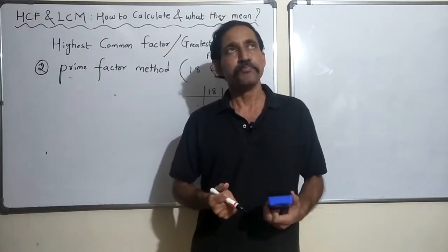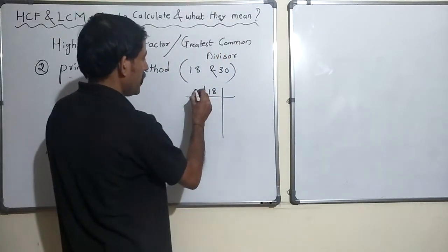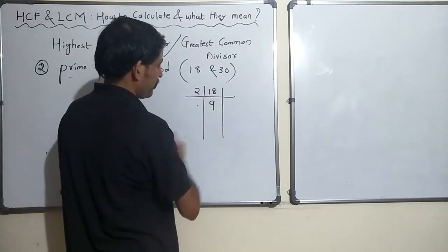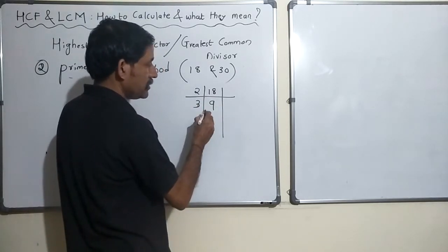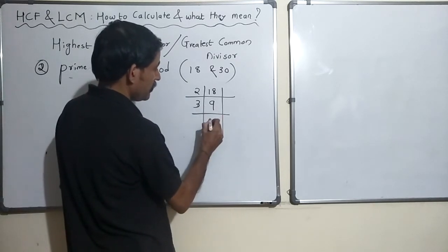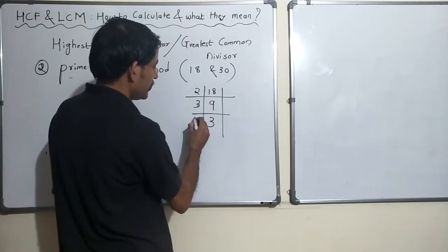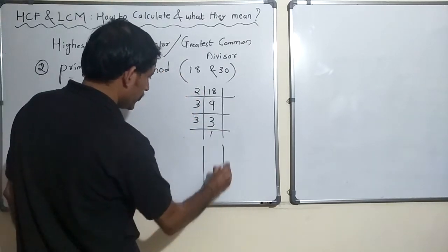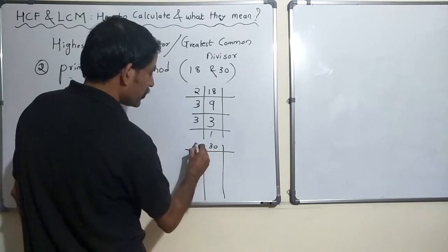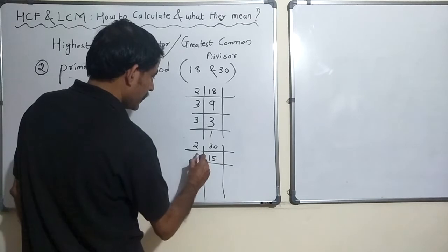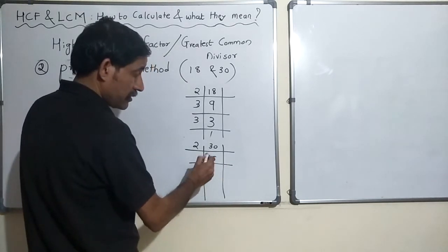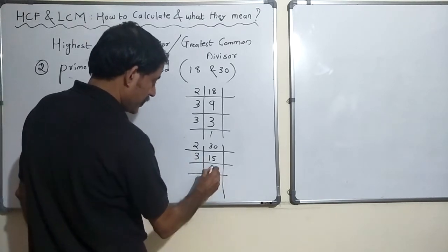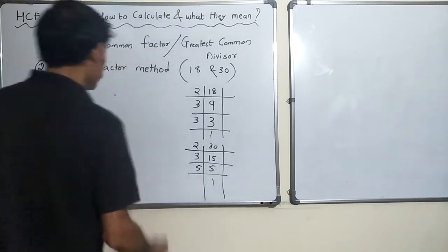Okay. So in this case, I can divide with 2 because 2 divides 18 and 2 is also a prime number. Okay, gives me 9. I divide with 3. 3 is a prime number and divides 9. Then 3, when I divide 9 by 3, I get 3. 3 ones are 3. Okay, so 18 is how I divide it. Let's do the same thing for 30. 30. Can I divide with 2? Yes, I get 15. Can I divide with 2 again? 15 is not divisible by 2, correct? So I have to go to the next, maybe 3. 3 divides. I get 5. 5 ones are 5. Great.